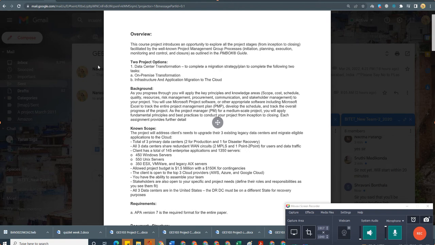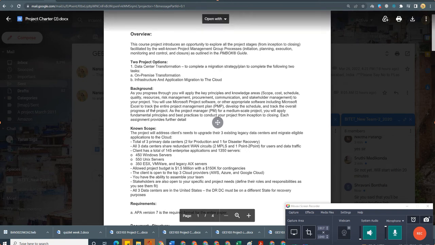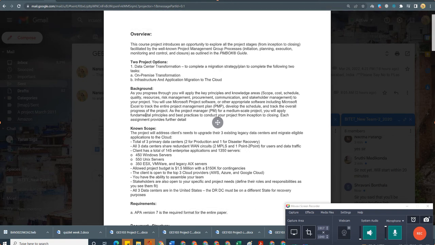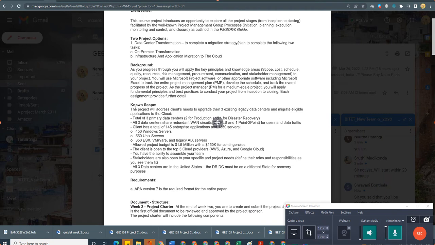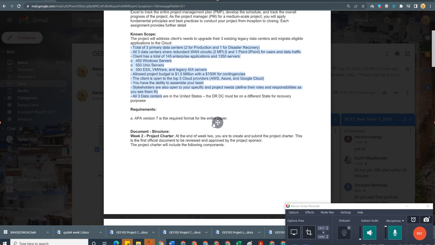Okay, so it is clear. Background description is provided here, and the activity scope clearly speaks. What is meant by scope? Scope clearly explains what activities we are going to perform, as a part of completing this project. That is clearly explained here. And the document structure, the document reference style is APA 7, that is quite common.